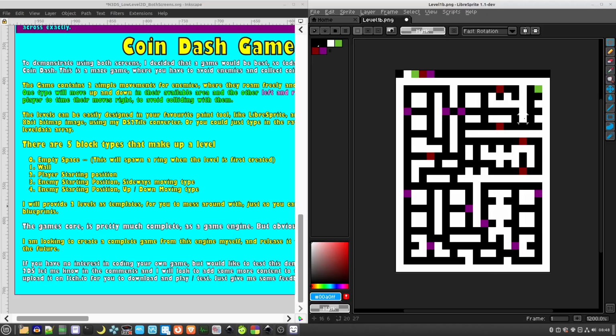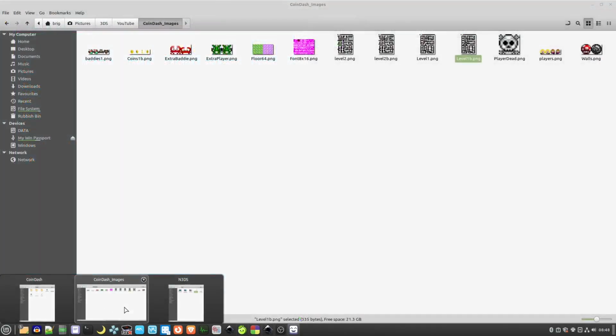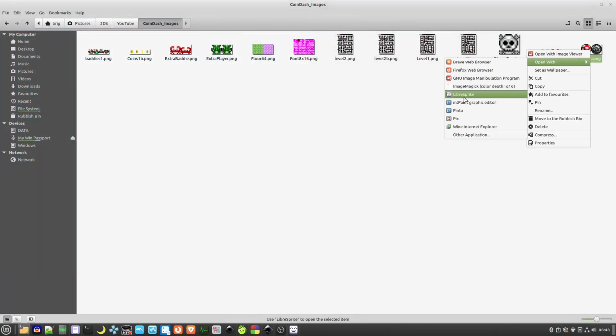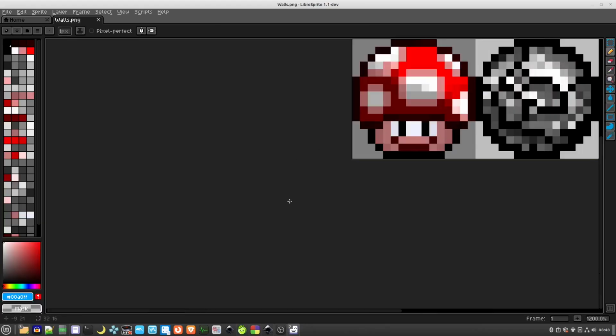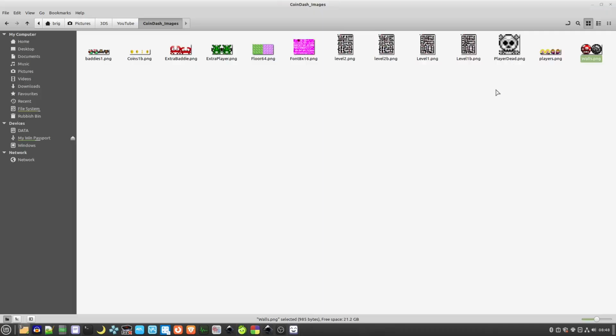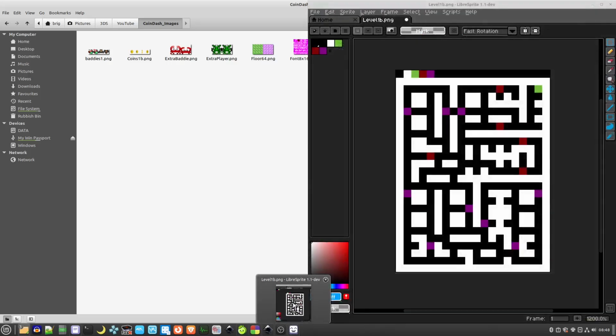So this makes designing levels pretty simple, but you obviously need to have an idea of the size of everything in your game. If I jump back into some of the other graphics here, these are the wall tiles. Obviously you can add more of these, maybe have a different wall tile for each level possibly. One thing to note is